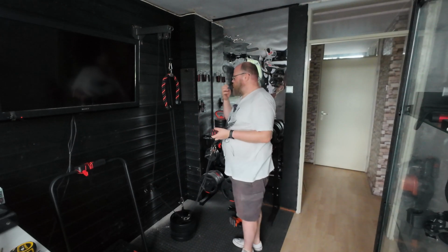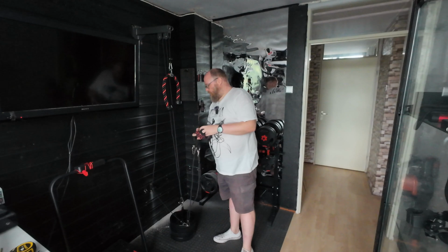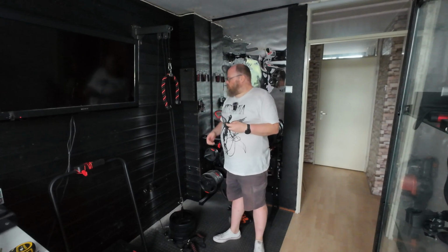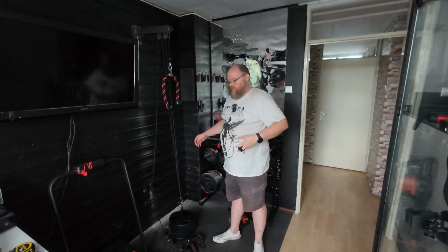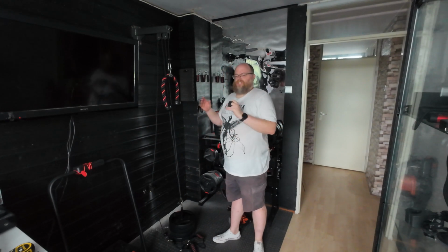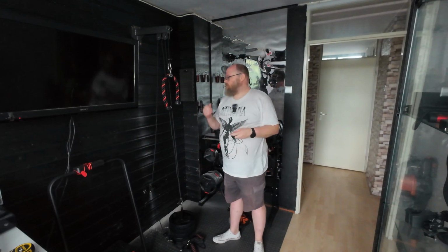I probably need to get a few more handles, like a bar, things like that. And I definitely need to get a bench or something. I just want to live with the space a little bit before I figure out exactly how much space I have for a bench, what bench I can get. Because it can't be too big, and it also needs to store flat, because otherwise there's not really space to do anything here anymore. So,